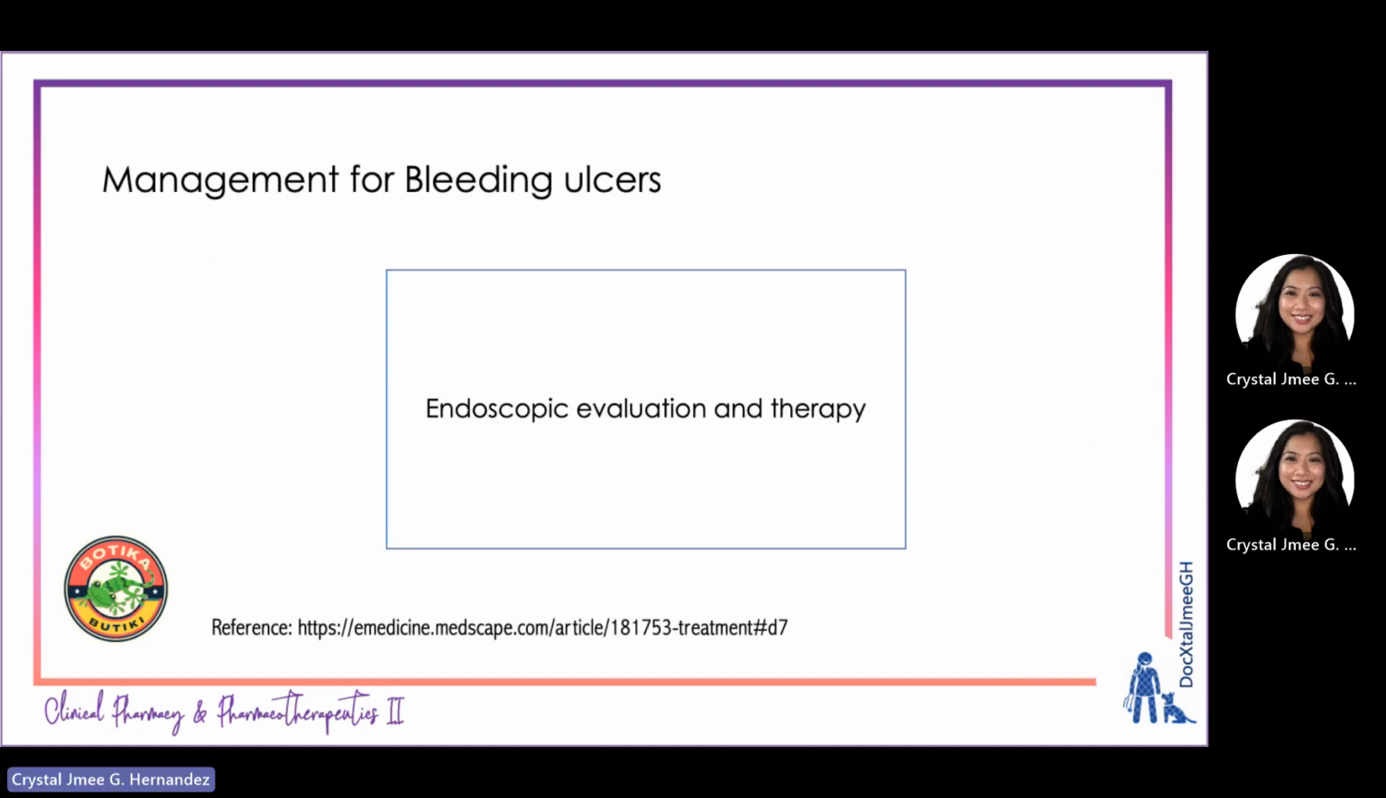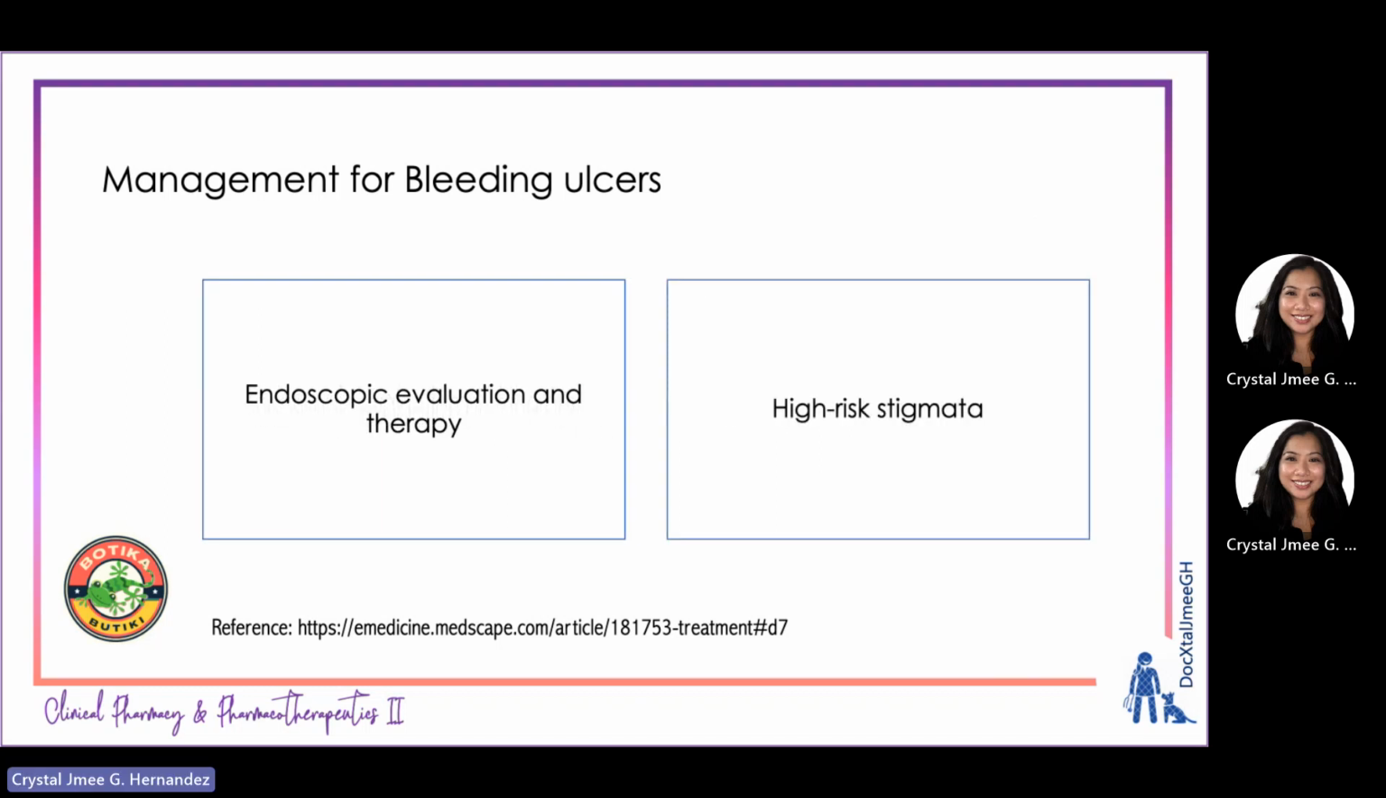Now, for the management of bleeding ulcers, first the recommendation is to conduct endoscopic evaluation of therapy. And then the doctor will evaluate the high risk stigmata. Meaning to say, if there's an active hemorrhage, there's a 90% risk of rebleeding. If there are visible vessels, that would have a 50% risk of rebleeding. And if a fresh overlying clot, there's a 30% risk of bleeding. So this is important because this would also be the basis for the duration of the treatment and the combination